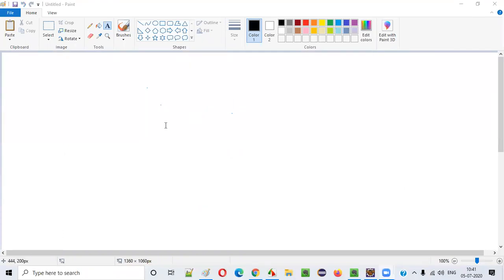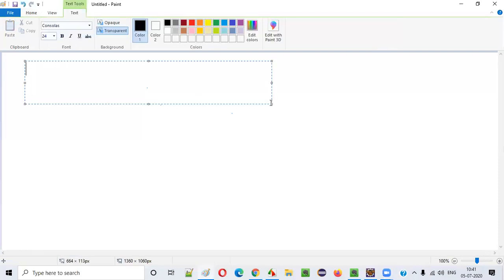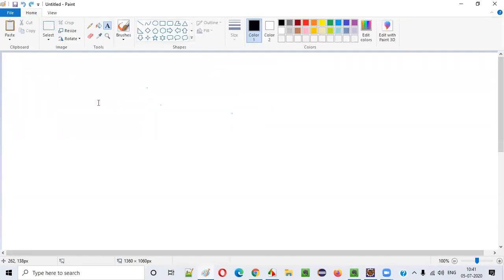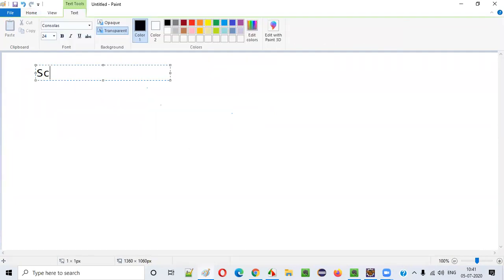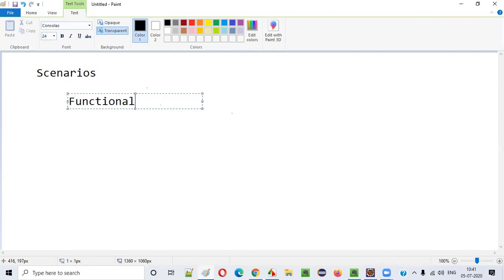Next thing is all about which scenarios we have to select for automating. If you want to automate something, we have to derive some scenarios from the functionality of the application.